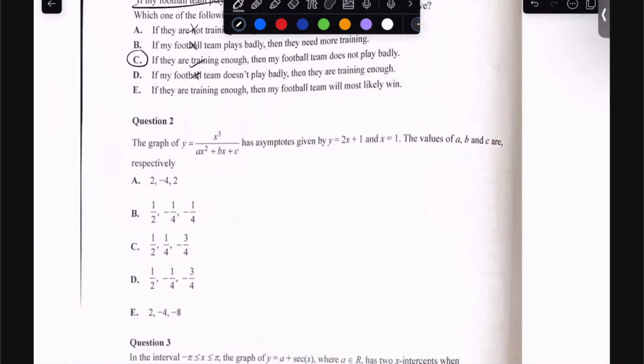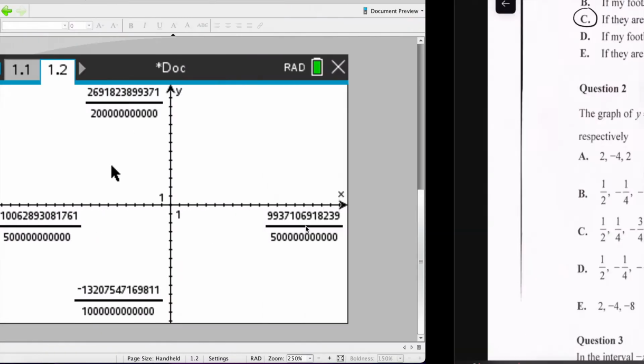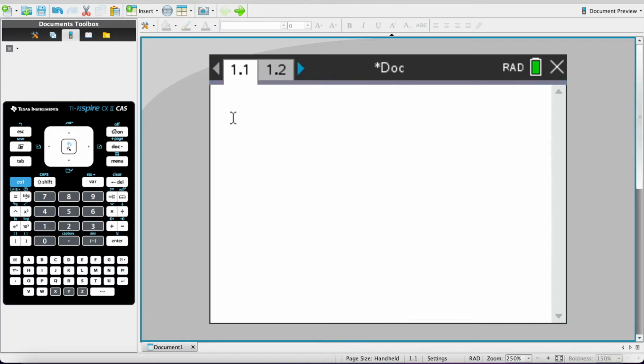The graph has asymptotes given by y is equal to that and that. The values of A, B, and C are respectively. You could probably try and solve for A, B, and C, but that's going to take way too long. What you can just do is just test the answers. So what I would do is just define